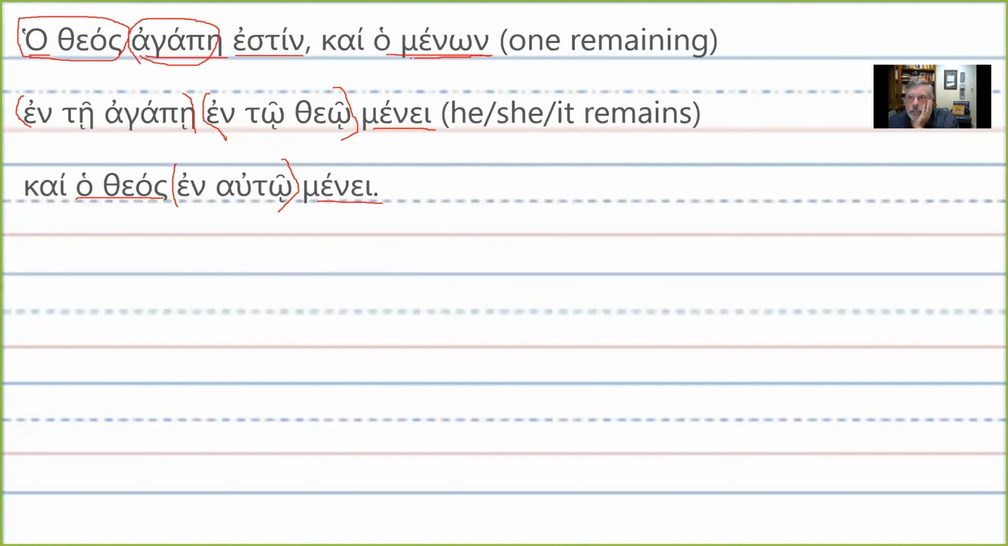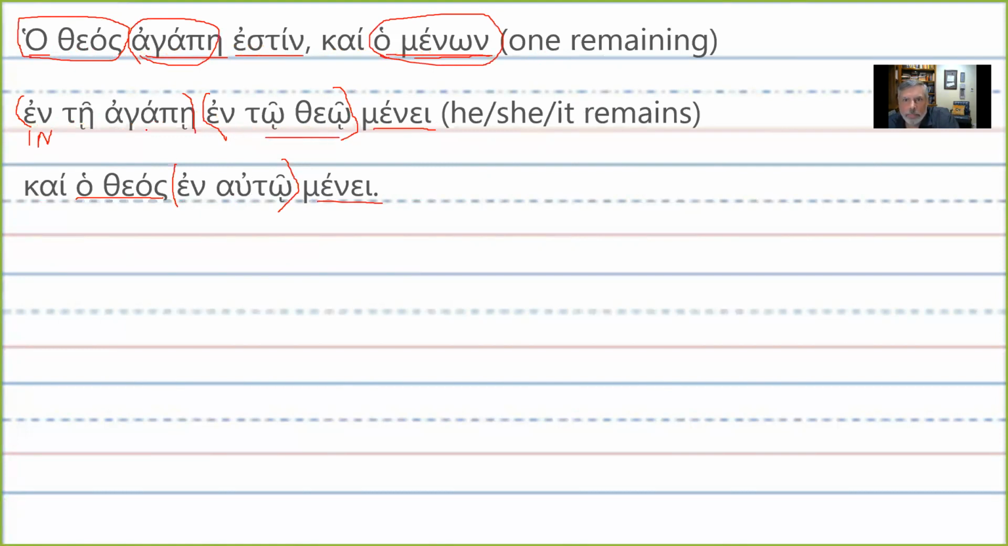And the one remaining, they told us what this means. This is the one remaining right here. The one remaining, and now we've got to translate. One remaining in love. So this is my preposition in. In is governing the dative. So in love, in God, dative,